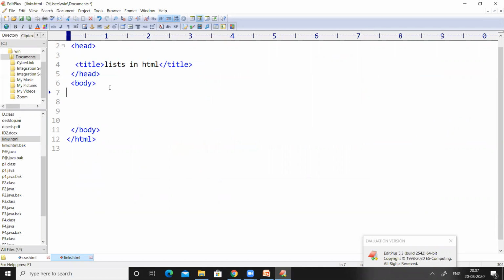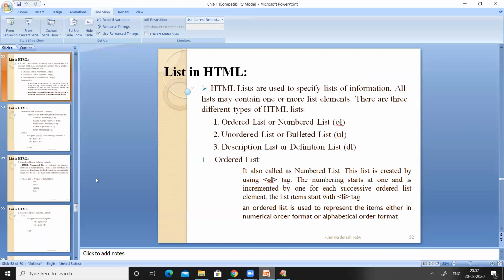The name of the first type of list is ordered list. If we want to create an ordered list, we have to use the OL tag. So the OL tag is used to create an ordered list, right? So in the OL tag, you can see here.